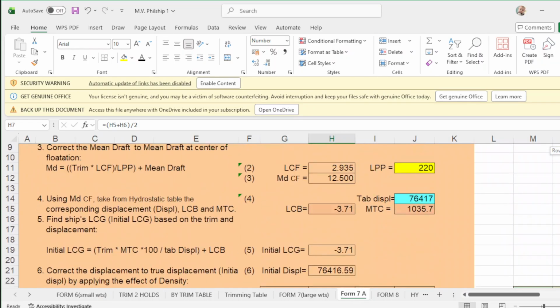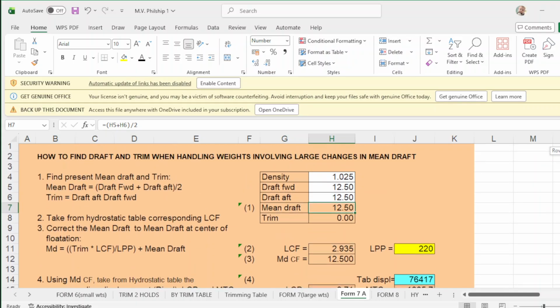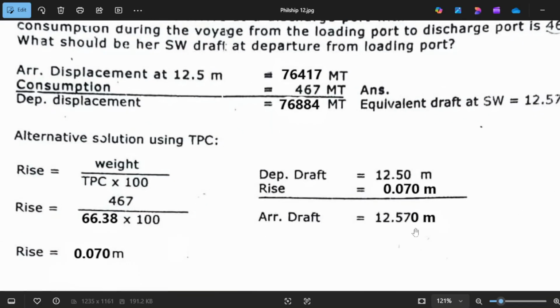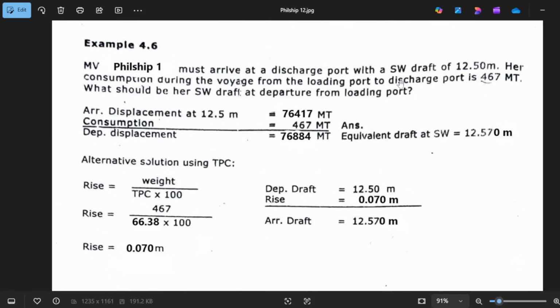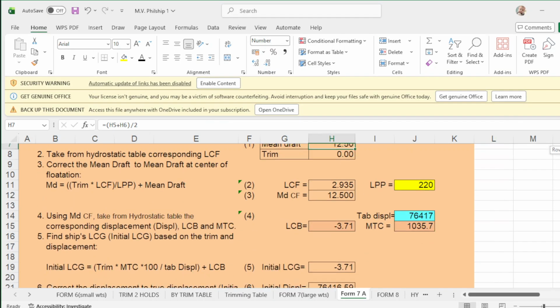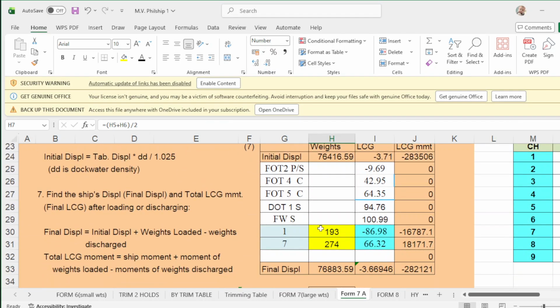Put here the density, which is 1.025. Density is salt water. So that is 1.025. Okay. And apply the load for each cargo hold.